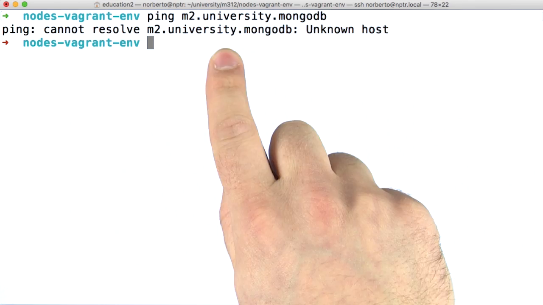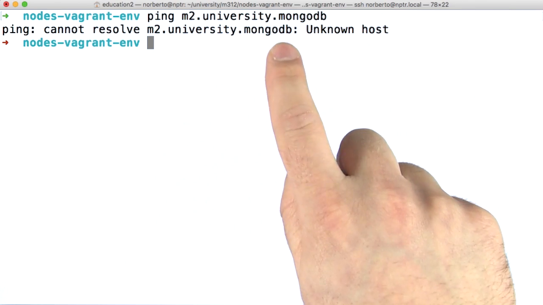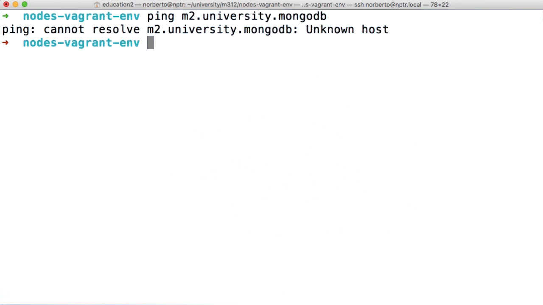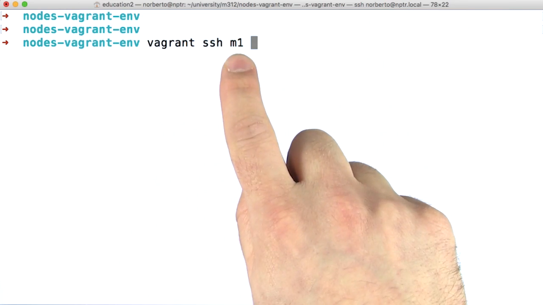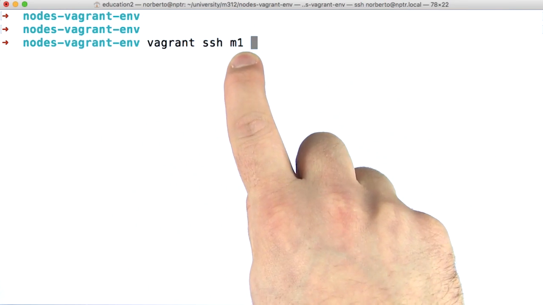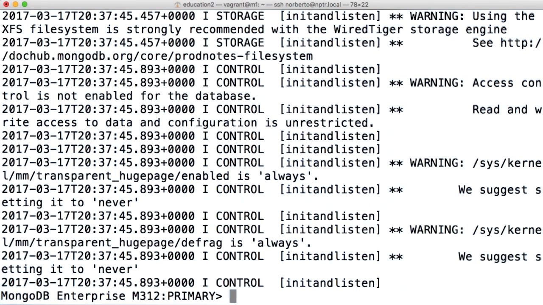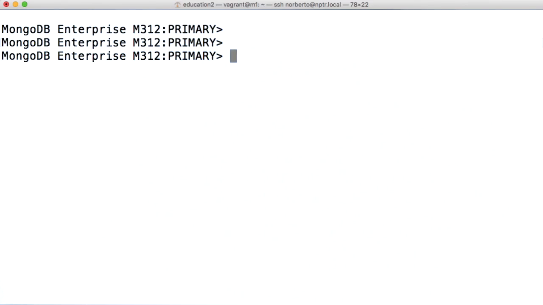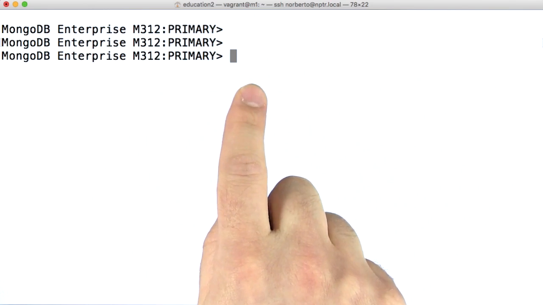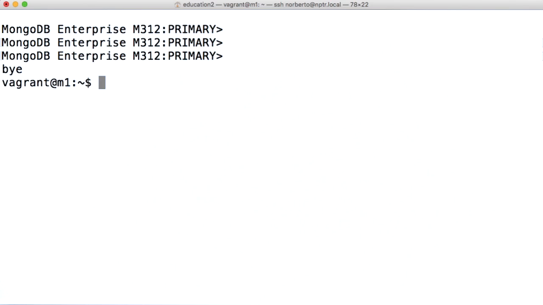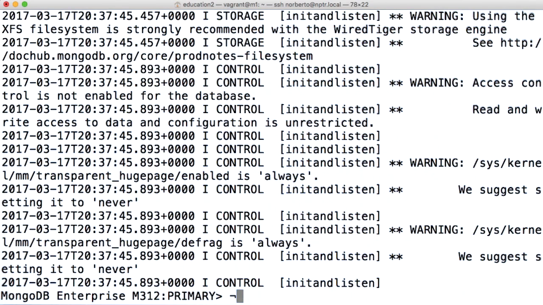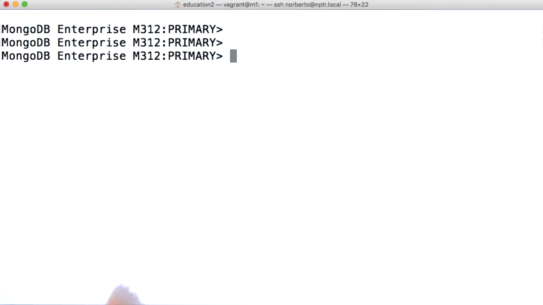Do I need just one node? Or should I know all of the nodes of the replica set on its own? Because if I connect directly to the node that I know of, which in my case is my M1 box, and if I try to connect to my replica set, I'm able to connect with no frills. The system connects, all things work well. If I use the machine itself, my M1 itself, I'm still able to be correctly redirected to the primary, which in this case is my